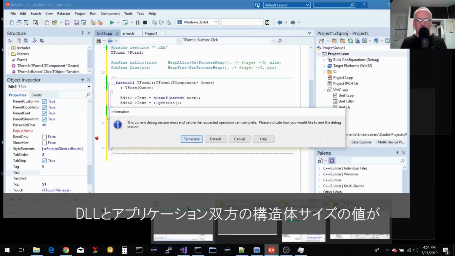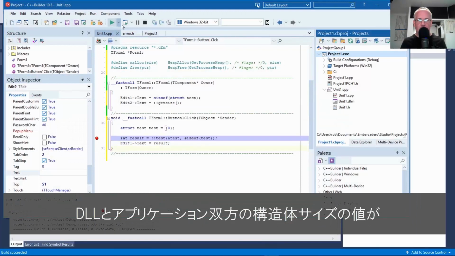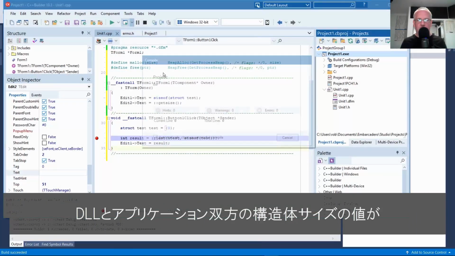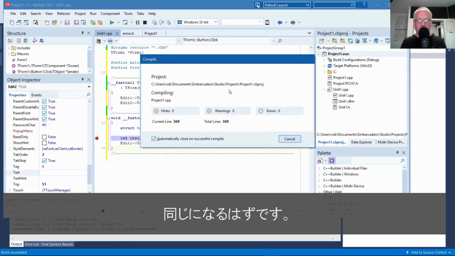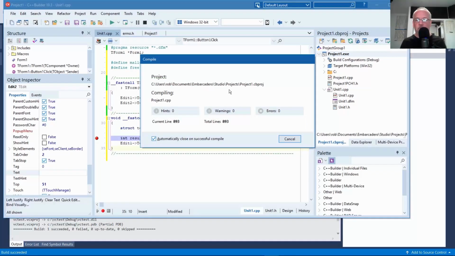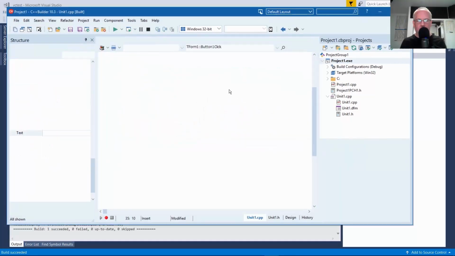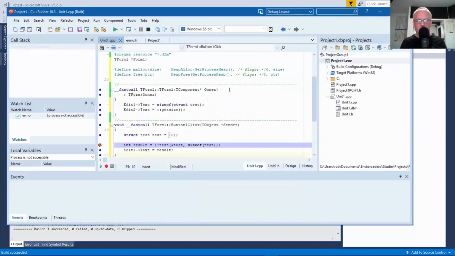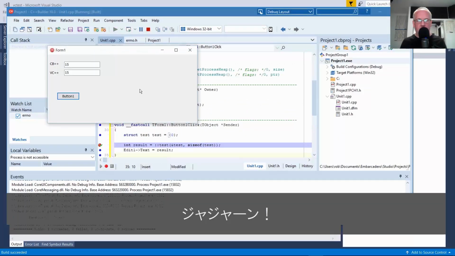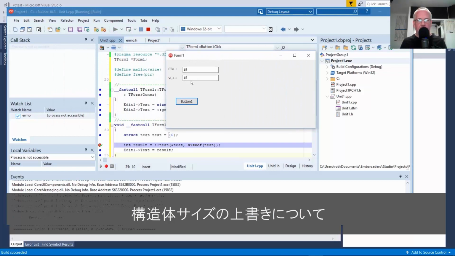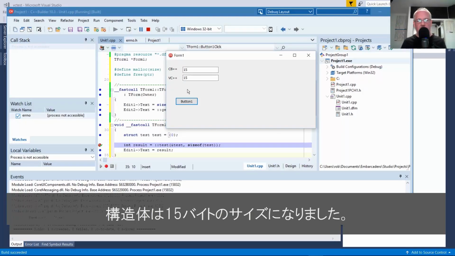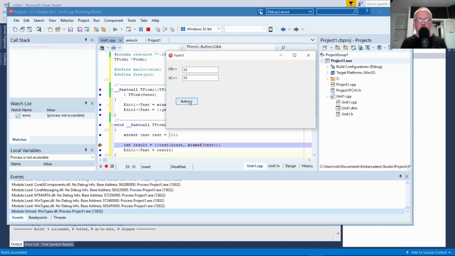And now I should be able to get the same structure value in both cases, in both the DLL and the application. Ta-da! So the pragmas work on overriding the structure size, and both the DLL and C++ Builder agree now that that structure should be 15 bytes in size.